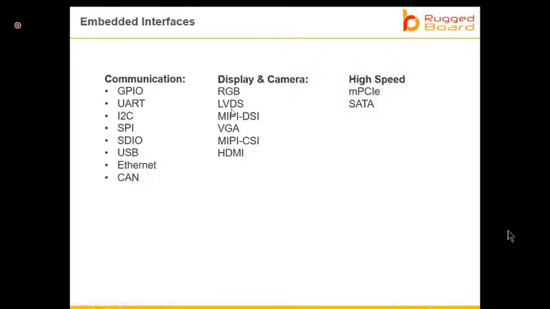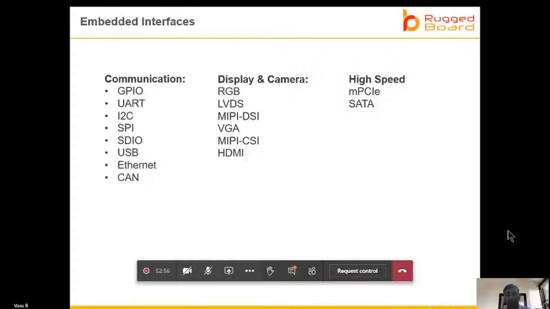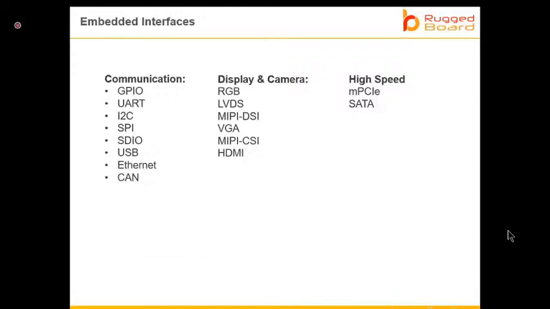Now coming to the display interfaces, the very basic display interface is RGB, which is similar to the concept I discussed about GPIO. You have a 16-bit or 24-bit RGB display interface, which most displays use, especially displays up to 7-inch. Displays up to 7-inch mostly use RGB. When you go beyond 7-inch, say 10-inch or 15-inch, normally in embedded we limit up to 15-inch, but there are special cases where you go for bigger displays, right?